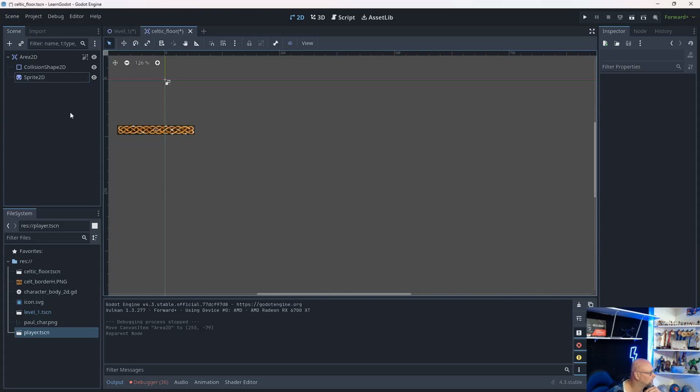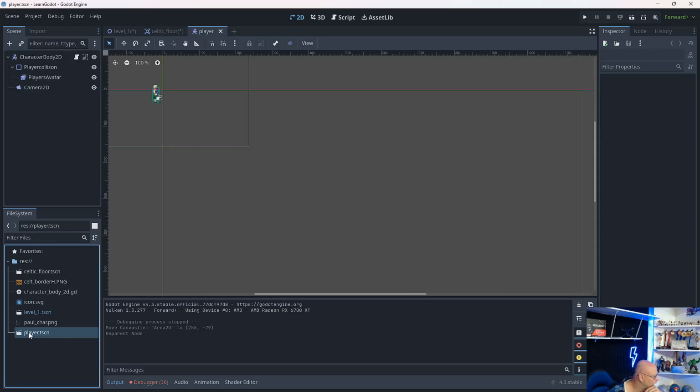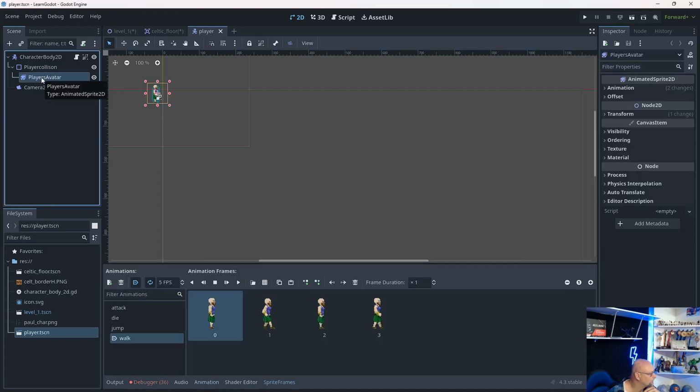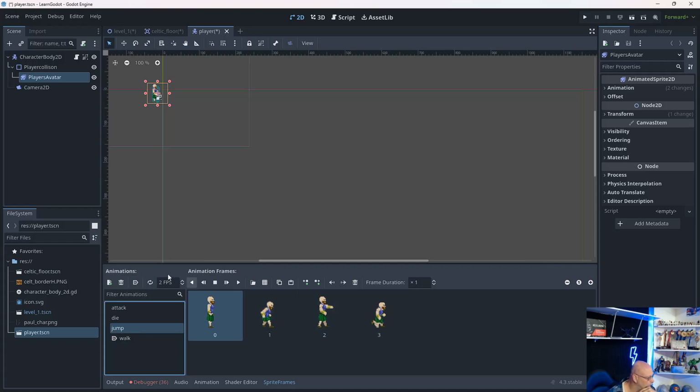But if we go back to, if I open up my player, now I've got my player opened as a separate scene. If I go into there and I go to my animation, oh, where am I here? I need to click on player avatar, which is an animated sprite. This is where you can add the different sprites and things in. So I have 4 frames added here. It plays at 5 frames a second. I actually want that to be 4 frames a second. Jump is also 4 frames a second, but I've got it set to 2 frames a second, just so that